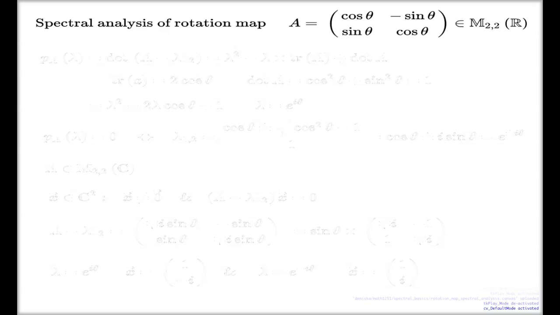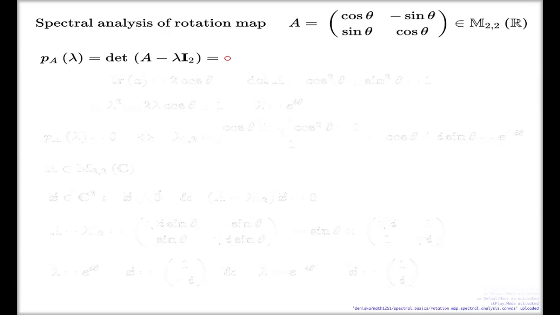I'd like to do a spectral analysis of this particular matrix. So if I compute my characteristic polynomial, which we know is the determinant of this matrix, A minus lambda I2,